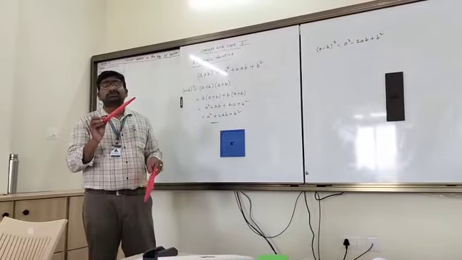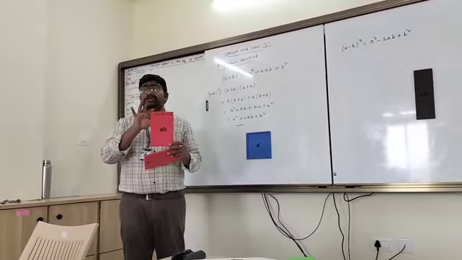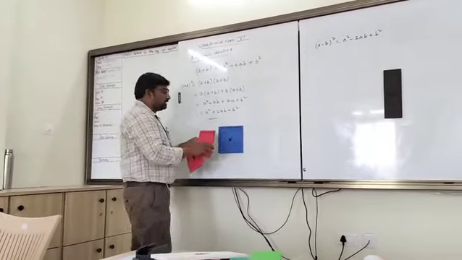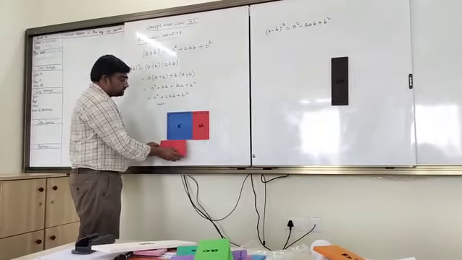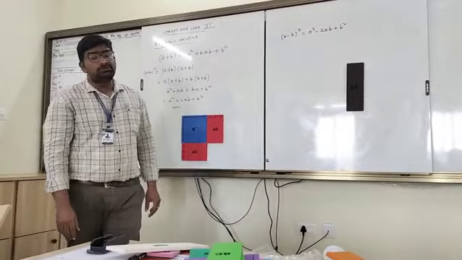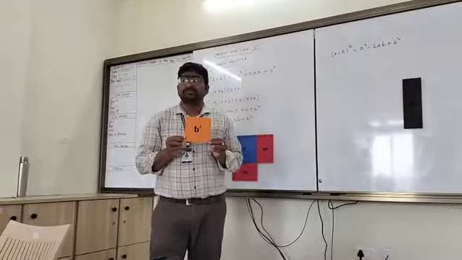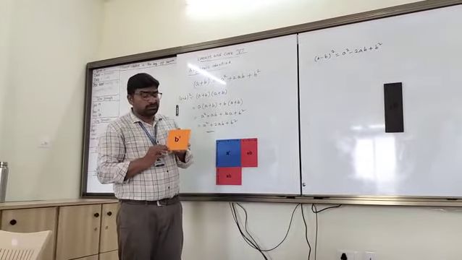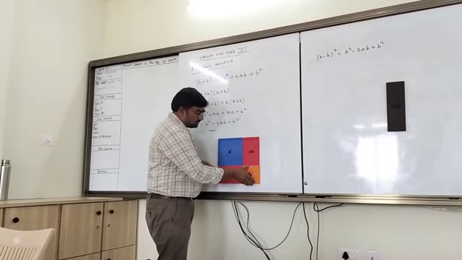and also taking two rectangles whose length is a units and breadth is b units. So let us fix like this, and also let us fix like this, and also one more small square whose side length is b units, so whose area is b square units. Let us fix it like this.